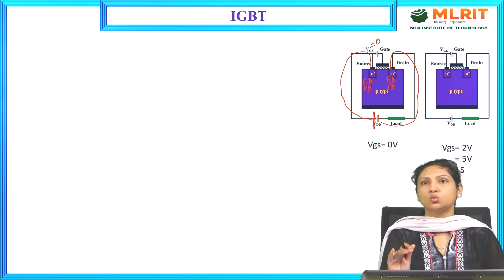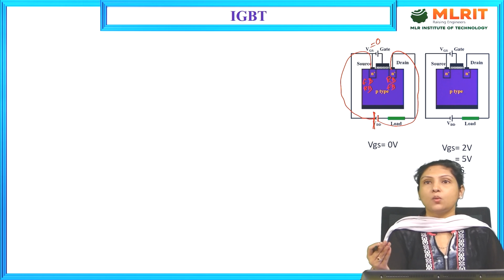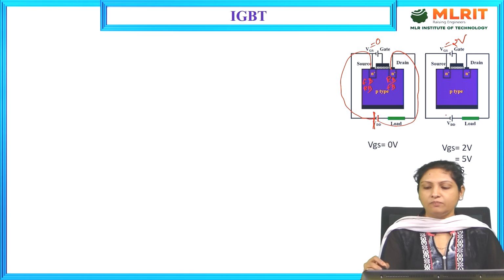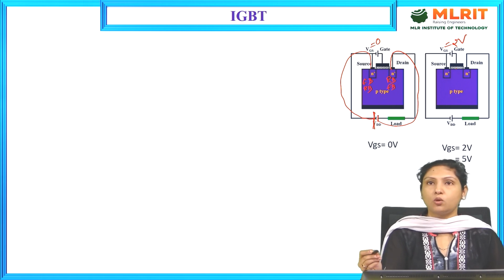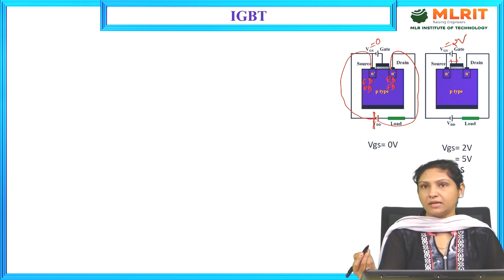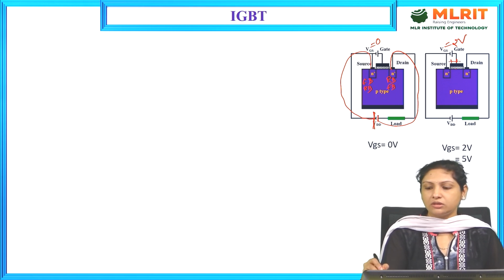Thereby, there is no conduction of current through the device. And what happens when we increase this VGS to, say, 2 volts? In that case, gate voltage is applied, and here this is the silicon oxide layer which is present, and due to the polarization effect, this particular silicon oxide starts acting as a capacitor and it starts storing the charge